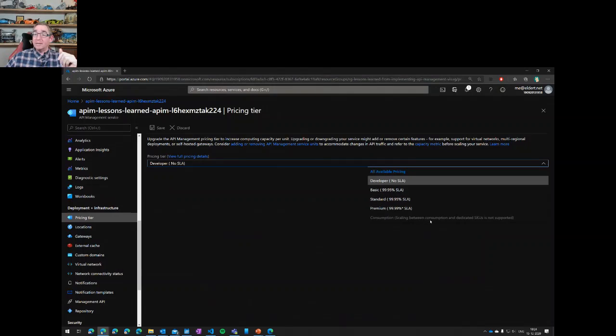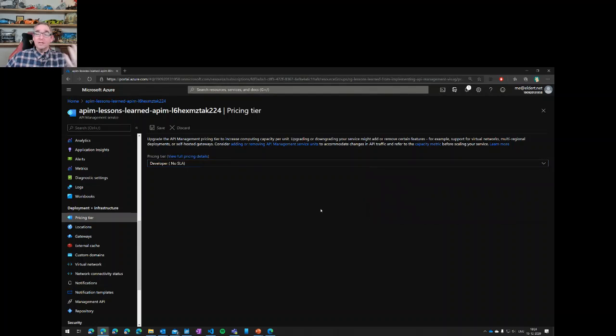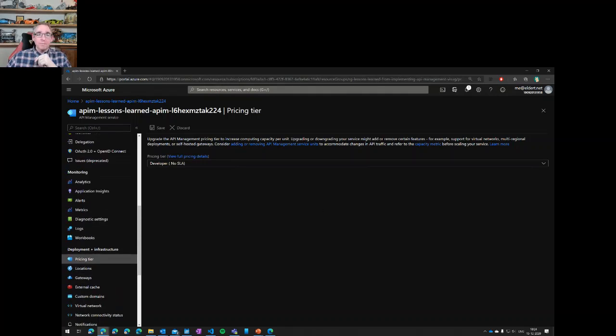You cannot scale back to consumption plan. So if you are consumption, you cannot scale to a dedicated SKU or the other way around. But other than that, you can just upgrade or downgrade quite easily by selecting a new tier. That's something to keep in mind if you started, for example, on the basic tier, but you now need that Active Directory integration or VNet integration, you can scale up quite easily. So don't overprice yourself from the start, but just scale up as you need to different tiers.